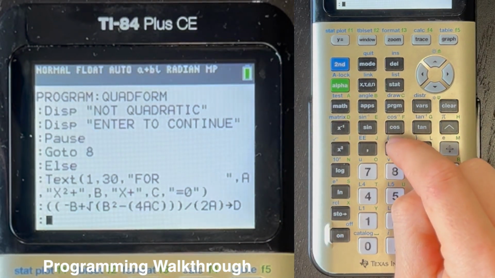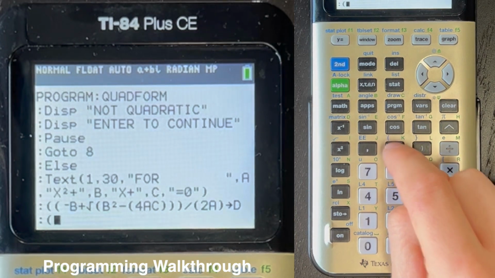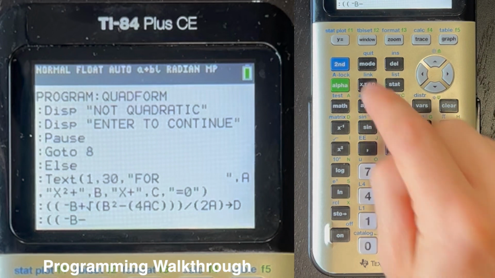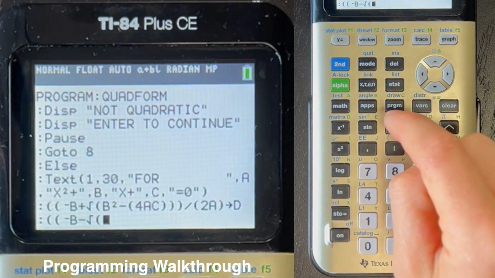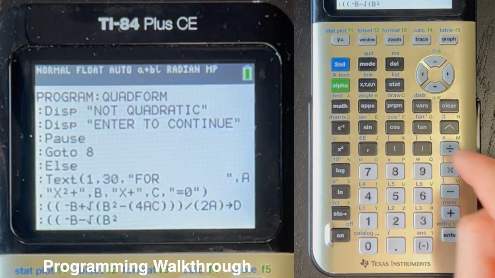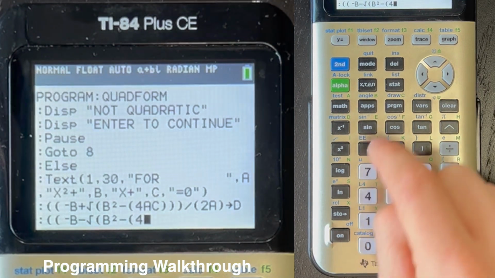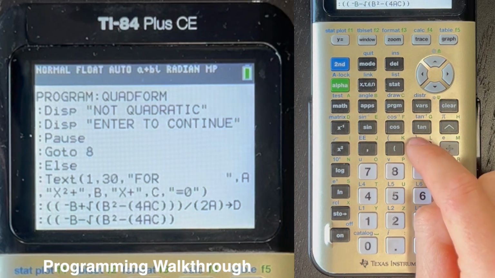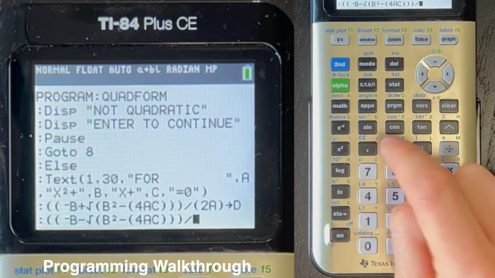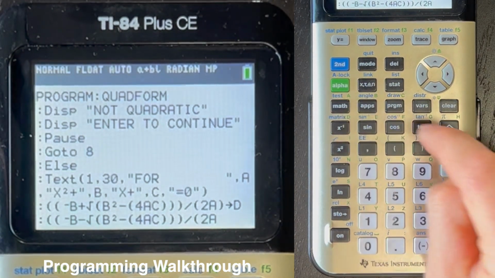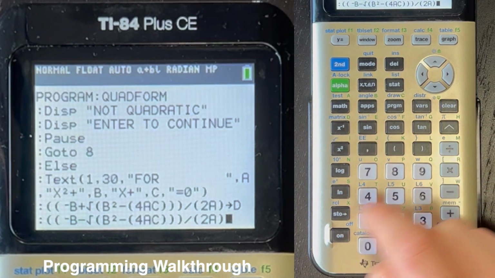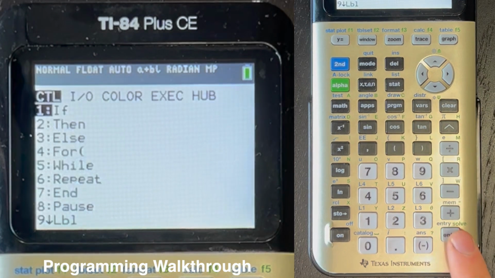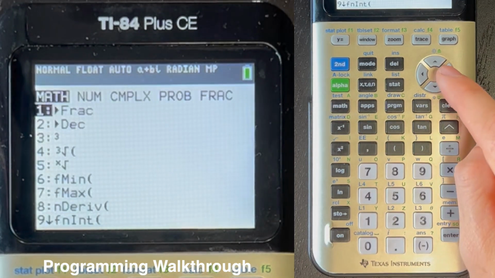And then on the next line, very similarly, open parentheses, negative b minus the square root of b squared minus 4ac, close parentheses, divided by 2a, close parentheses, store as alpha e, then hit enter, program if, and then we want the math button and